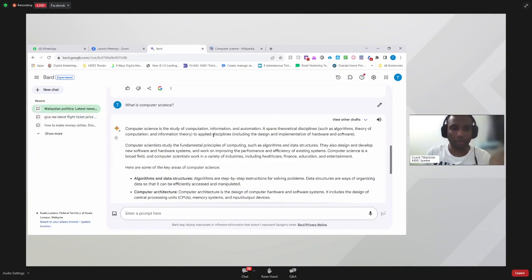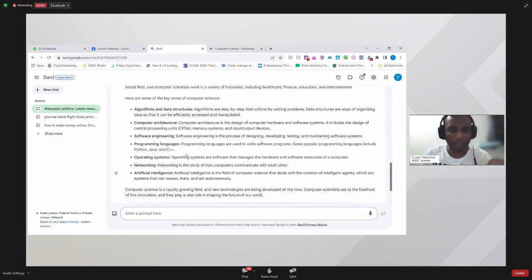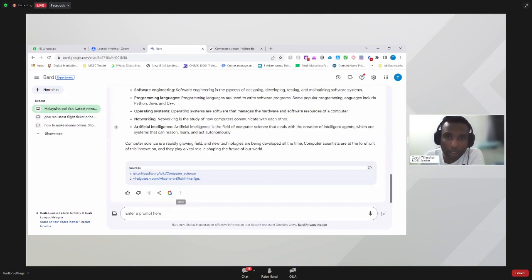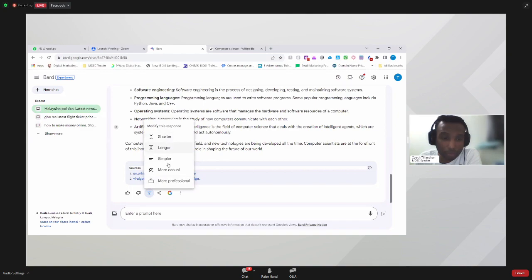Now, another interesting thing in Google Bard is this feature. If you go down here, it has a few features that you won't see in ChatGPT. This feature is very critical. This one is very straightforward, good and bad response, so we can just ignore it. I want you to focus on this part where it says modify response. When you click on modify response, you have a few options over here. What do these options give you?